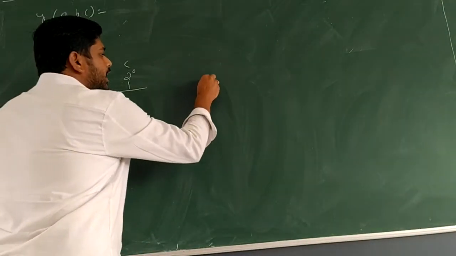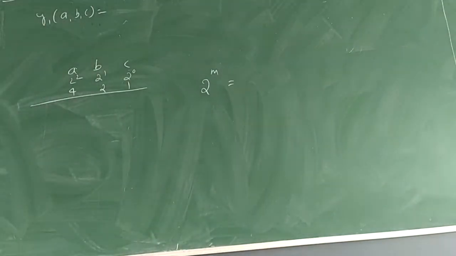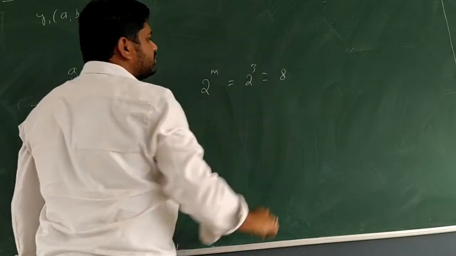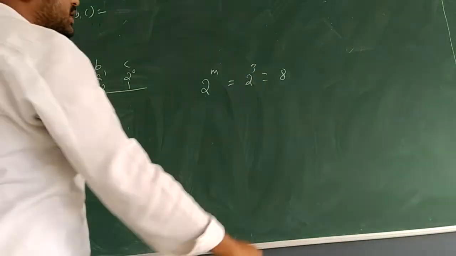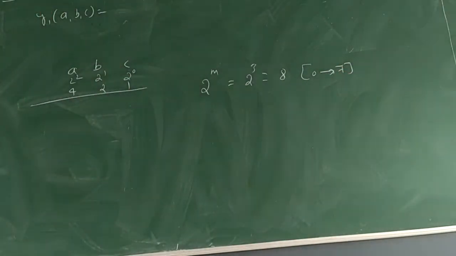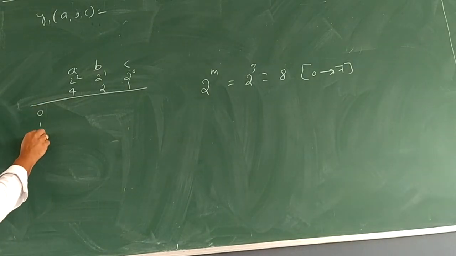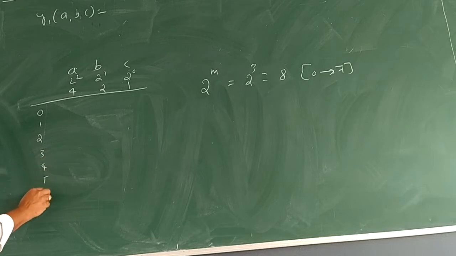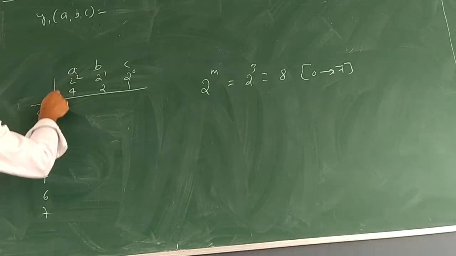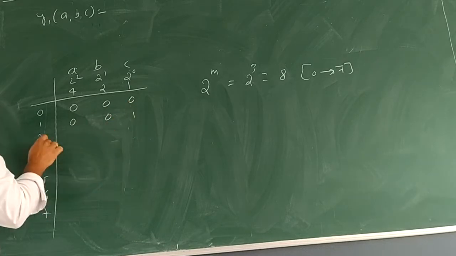Now identify m, where m stands for the number of variables in the function. Here there are 3 variables, hence it will be 8. What will be the range of observation? The observation range will be from 0 to 7. So here I will write 0, 1, 2, 3, 4, 5, 6 and 7. Now go on selecting the elements row wise. In another video I have discussed how to select.